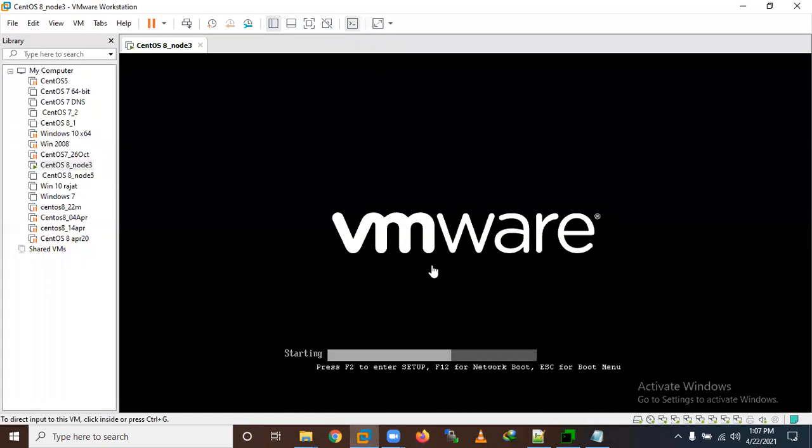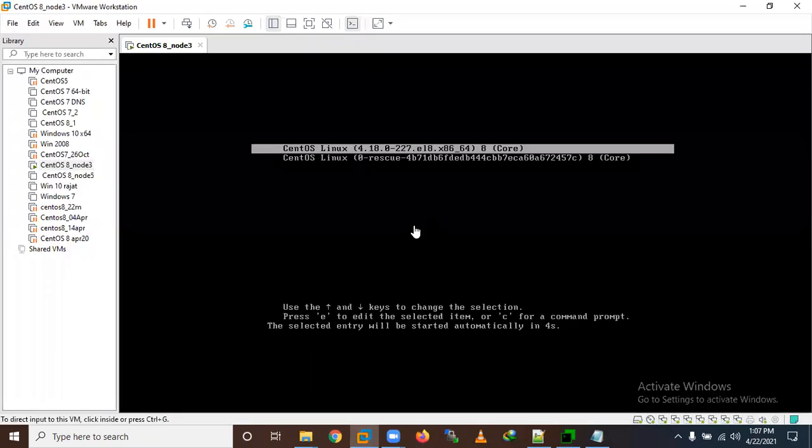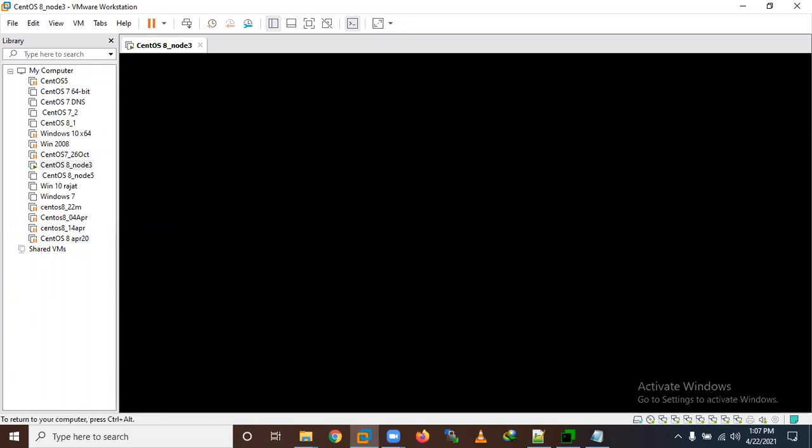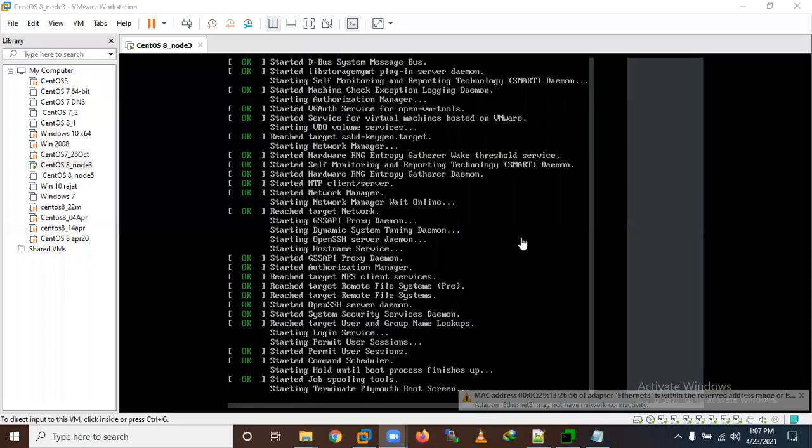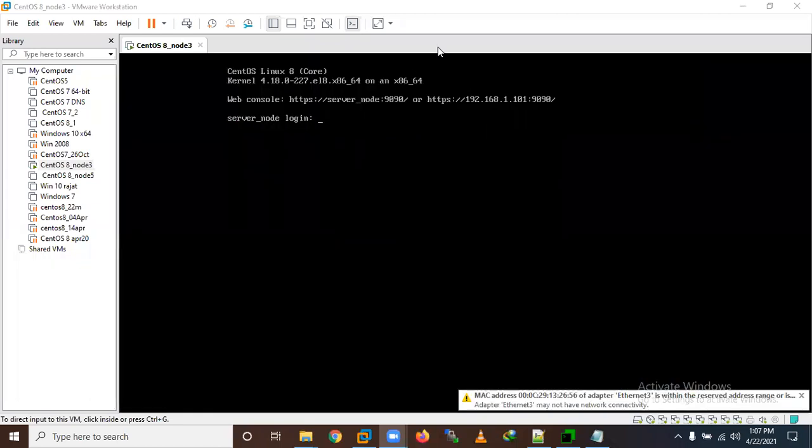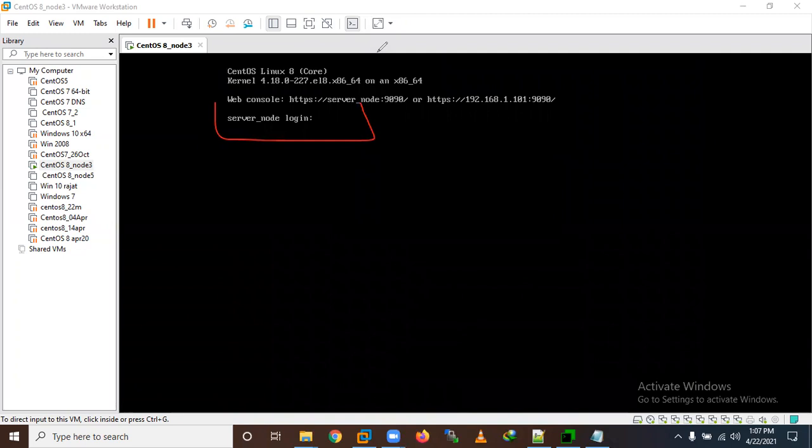Okay, so it is going for a reboot. Now see, the hostname has been changed. So when we are doing it manually through /etc/hostname, then reboot